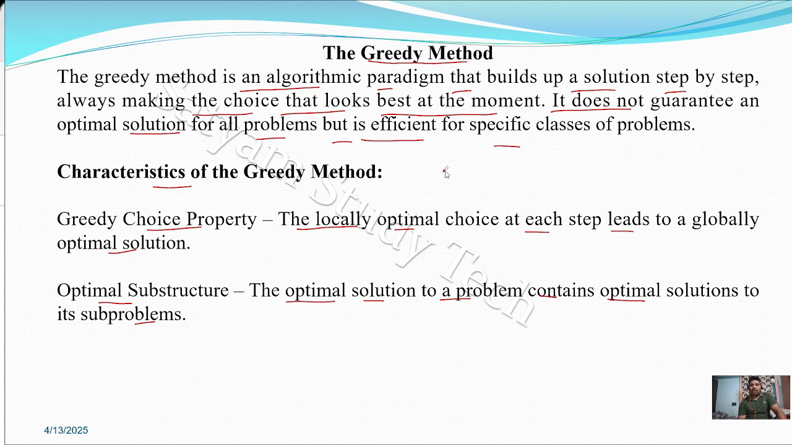So when can you apply the greedy method? It is for a maximization problem or a minimization problem. That is the optimization problem. In optimization problems, some examples are minimization and maximization. For example, if you want to get the maximum profit, that is a maximization problem. If you want to find the shortest path or a minimum cost spanning tree, that is called a